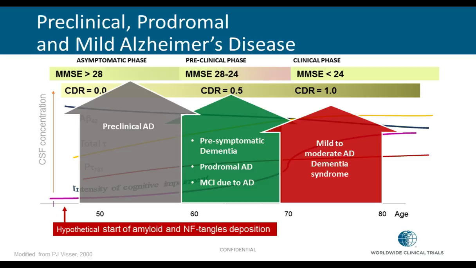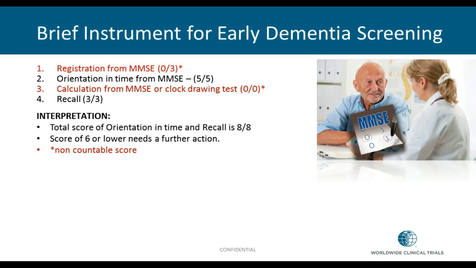However, what is important to point out, particularly for the second group of patients, the prodromal and the pre-dementia patients, is how we can recognize, how we can extract these people from everyday clinical practice, how we can make sure that a patient who has a subjective memory impairment should be easily detected, and how this patient would be proceeded later on. One of the interesting tests for this is a brief